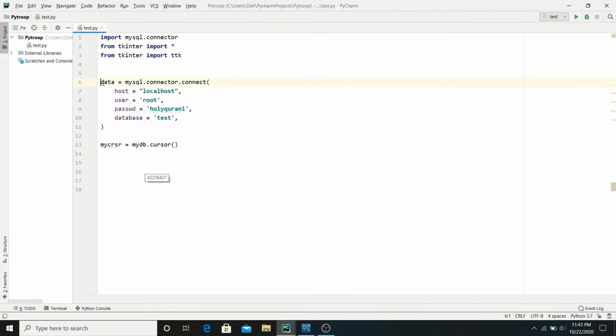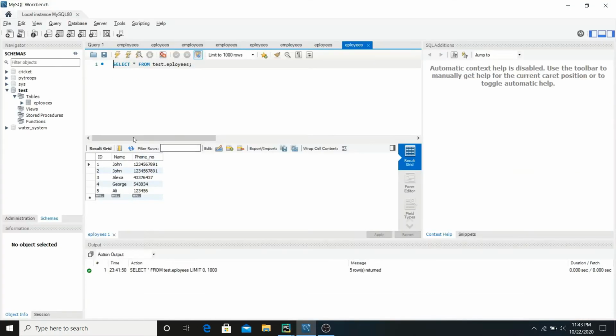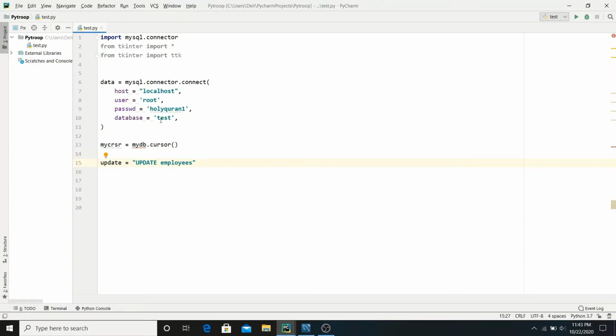So friends, this is the code for how we can connect with our database, which I described in the previous video. And now let's create an update query. Let's take a variable, update. Okay, so the update query: what you want to update is the name of your table. The name of your table is employees, so update employees. Let me check. Okay, there is a spelling mistake in the table name here, so let's copy this and paste it here, so in future we don't get any error.